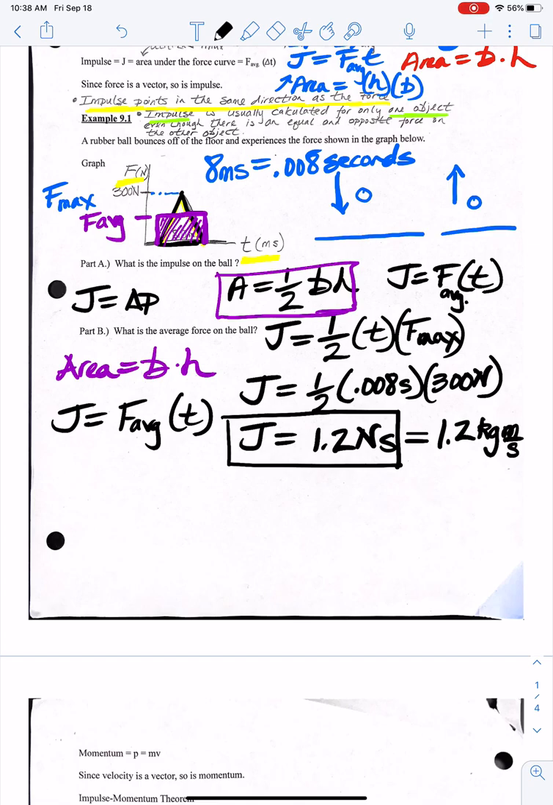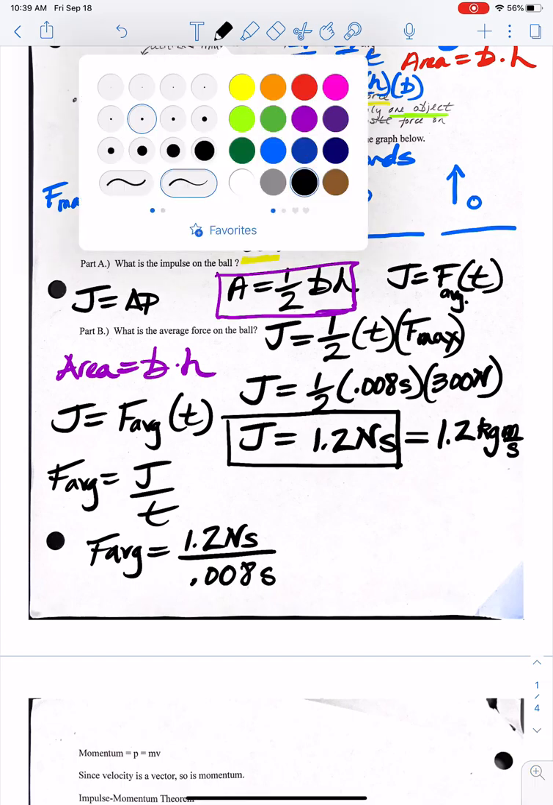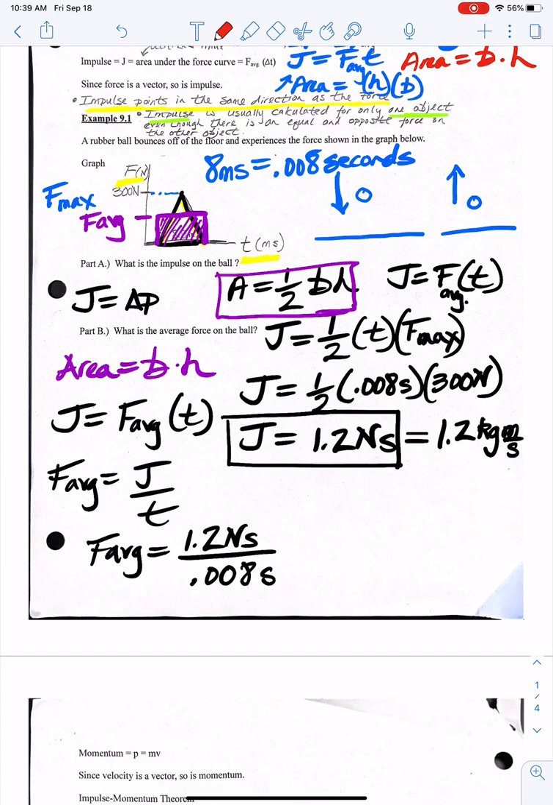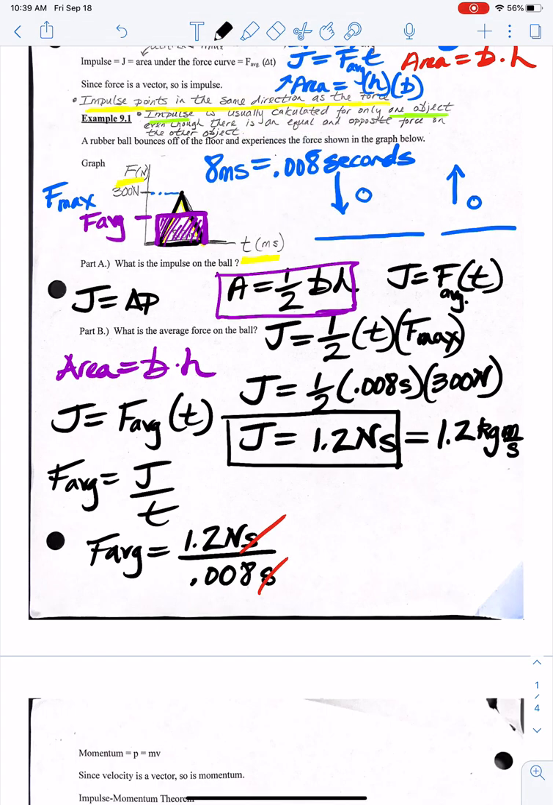I'm going to rearrange really quick because I want to know average force this time. We can say F average is equal to 1.2 newton seconds per 0.008 seconds. Cancel off those seconds, don't need those there. And we're left with F average equal to, oh, I can't do that in my head. What is it? 150